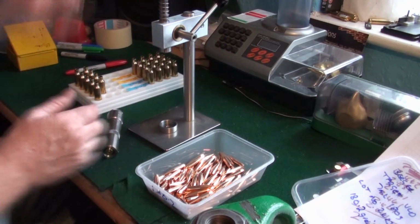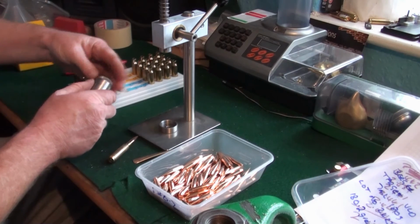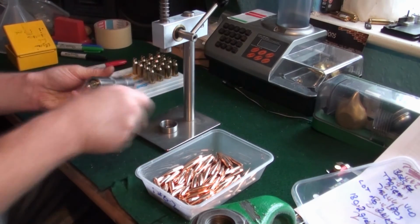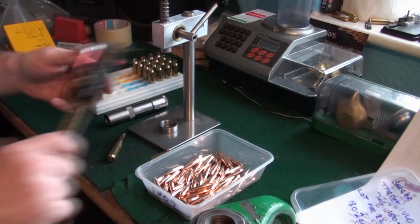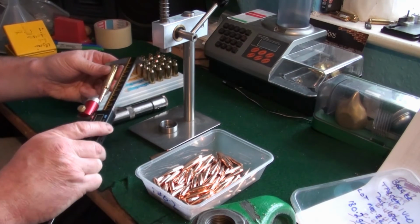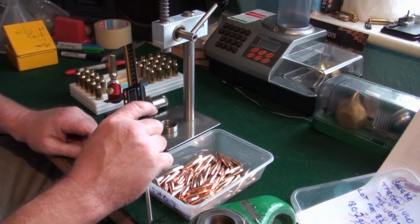I'm using a little brass spoon because these dies are such a nice tight fit, just to pull the case out. It doesn't do anything bar that. Right, now I've got somewhere there, I'll just give it a quick measure. 2.441 we'll look for. Just make sure these are zeroed, which they are. .559, so I need to come down